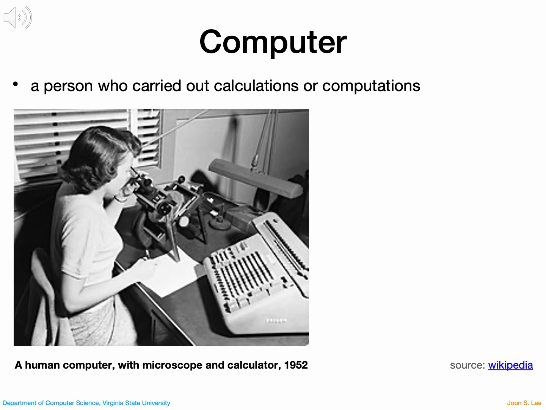For example, at NASA in the 1960s, many women, famously known as the Hidden Figures, worked as human computers, calculating flight paths for rockets and space missions. The work was slow and error-prone, but it was absolutely essential. Eventually, as electronic machines were developed, the term computer shifted from describing people to describing the devices we use today. So when we talk about computers in history, we're really talking about people first, humans who did the computing before